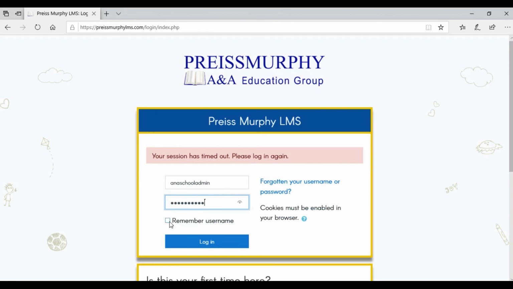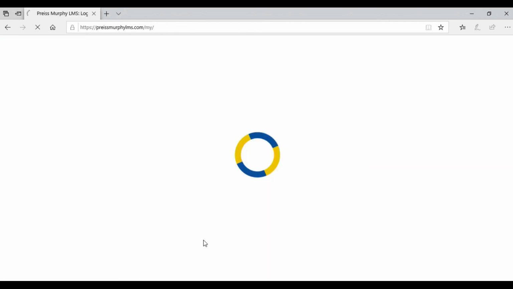Obviously, if you are on your private computer, you just click on remember username, and your cookies must be enabled, and you will not even need to type in your username and password when you log in for the second and third times. So I log in to the platform,